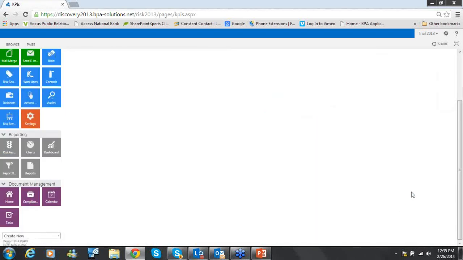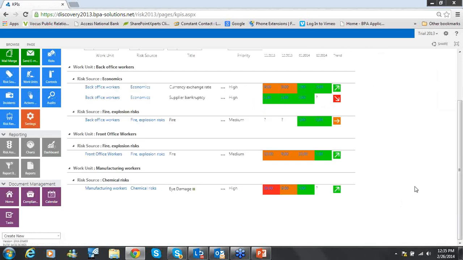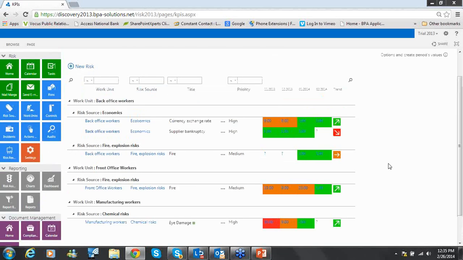And we can see that generates a value that is green, and our trend is moving up. So very powerful, something that you'll spend a lot of time on in your risk management and the like. And again, if at any point you are interested in this risk and you want to see all of the controls, if there were any incidents related to it, or accumulate all of those actions, tasks, and activities within a risk review, that's where the beauty of this many-to-many